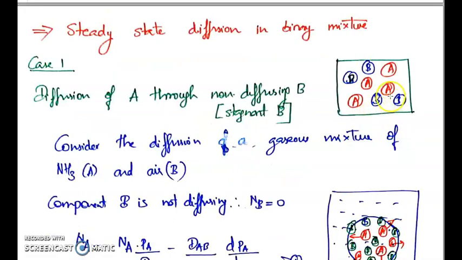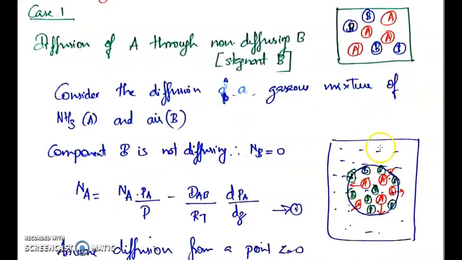You have actually visualized the same example in our first lecture. If you can recall the diffusion of a gaseous mixture of ammonia and air into water, you saw that only ammonia was diffusing from inside the bubble to the liquid surrounding the bubble. This is a bubble exactly like the video I have shown you, and both air molecules and ammonia molecules are trapped inside the bubble, but you saw that only the ammonia molecules were diffusing in all directions into the water. So here no B is diffusing.